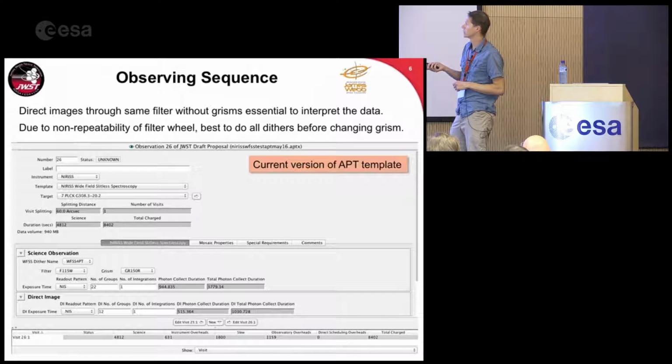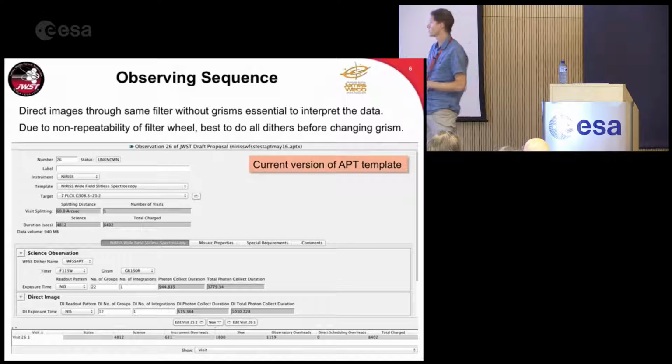So we have a 4-point dither with set offset ranges that are particularly good, giving you subpixel sampling, which I'll talk about in a minute. You have to define your filter and your GRISM, and then the details of the detector. And then at the moment, the way that the APT template is laid out, this is for the spectral part